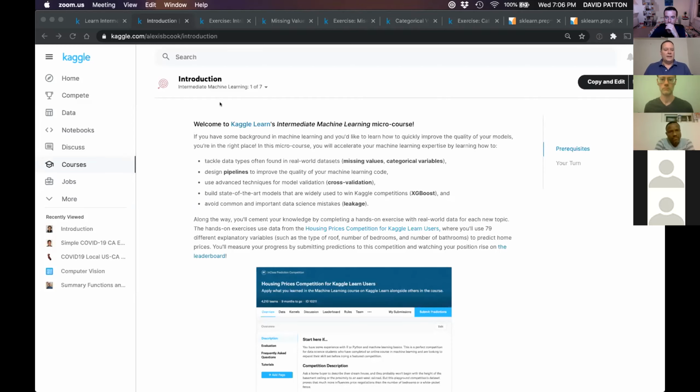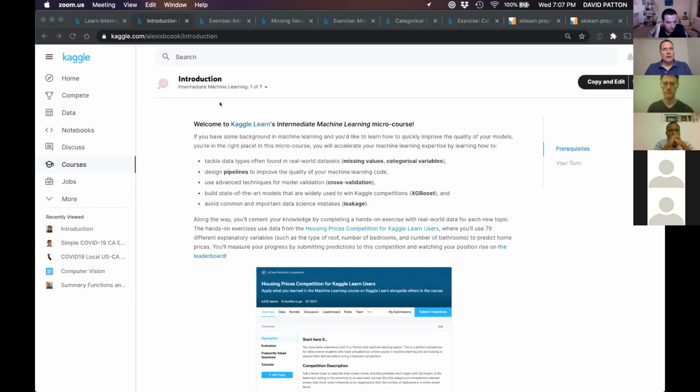And then we're going to talk about pipelines, which, when you're manipulating data, it's nice to have a repeatable process that you can use on different parts of your data. Then a neat technique called model validation, where we use cross-validation to validate that our model is not just good on the little bit of data that we trained it on, it may actually be good for unseen data. Then we're going to cover one of the neatest models for machine learning called XGBoost, and find out a little bit of theory behind that.